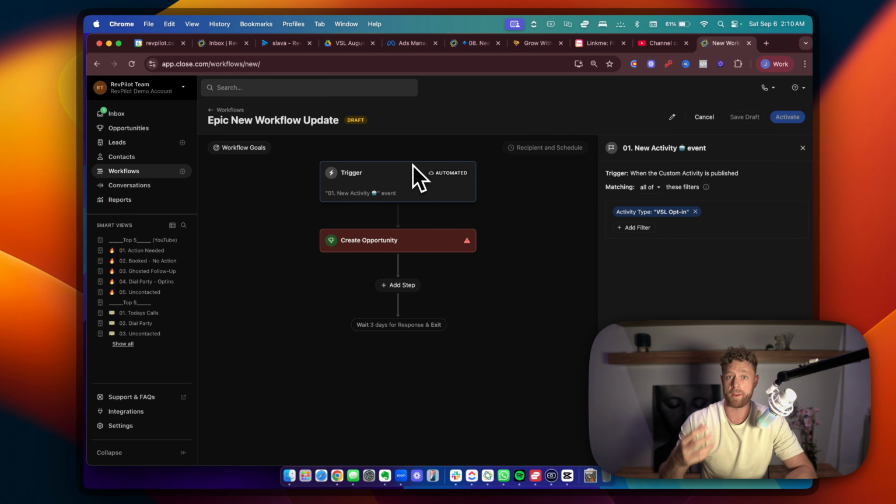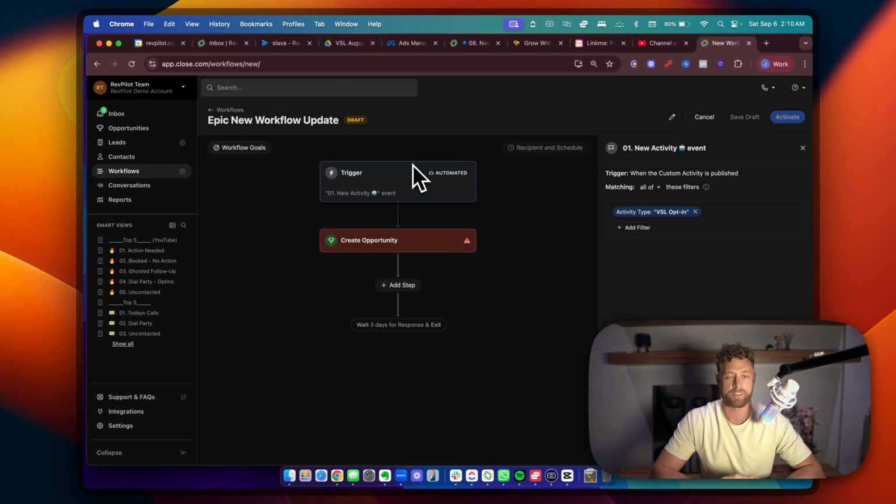If you are creating opportunities inside of Close.com, which most of you should be, and if you're not, you should start, this will allow you to create an opportunity inside of Close.com. So goodbye Zapier, goodbye N8N, Make.com. You're going to save money on your Zaps while doing a function that is almost mandatory for any sales process. Now, I'm going to walk you through each of the steps and a couple best practices so that you can